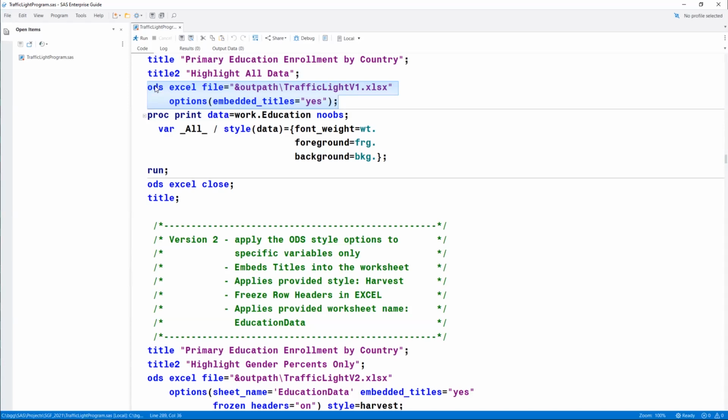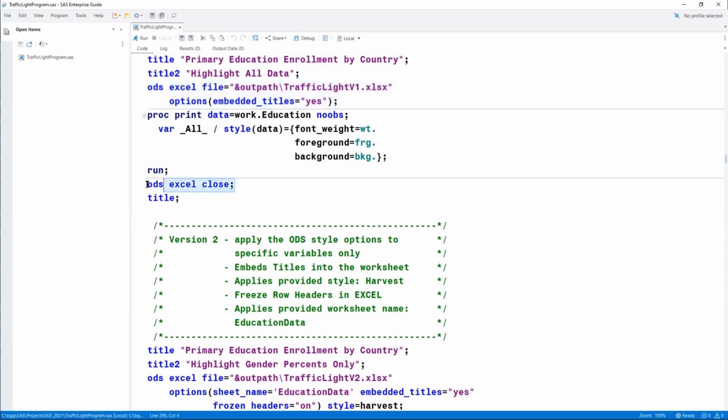I now have this file open, and when I run a procedure, that procedure is going to create a worksheet in my new workbook. And it will create a different worksheet for each procedure step you run, as long as you keep this file open. And that's the default nature of how ODS Excel will work.